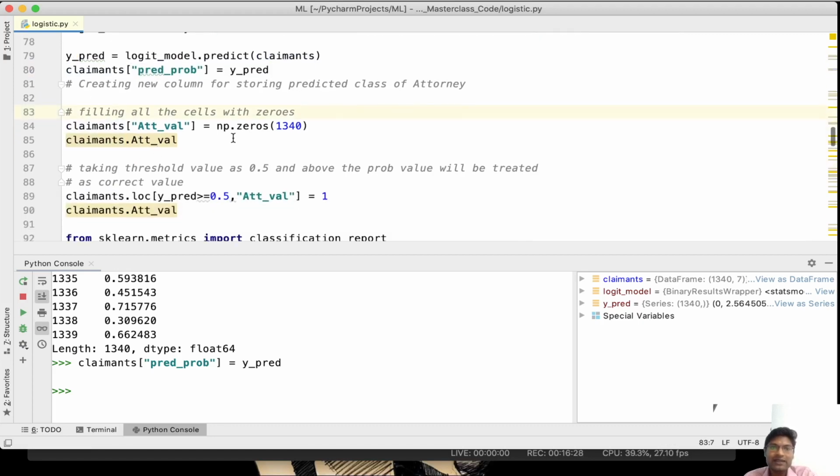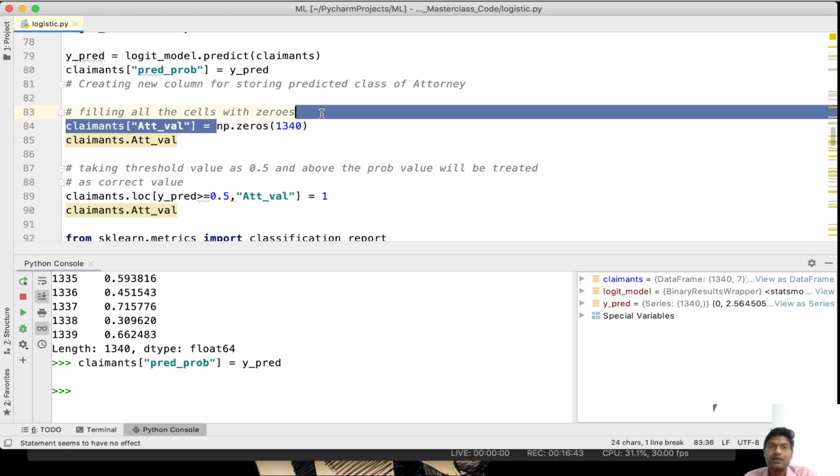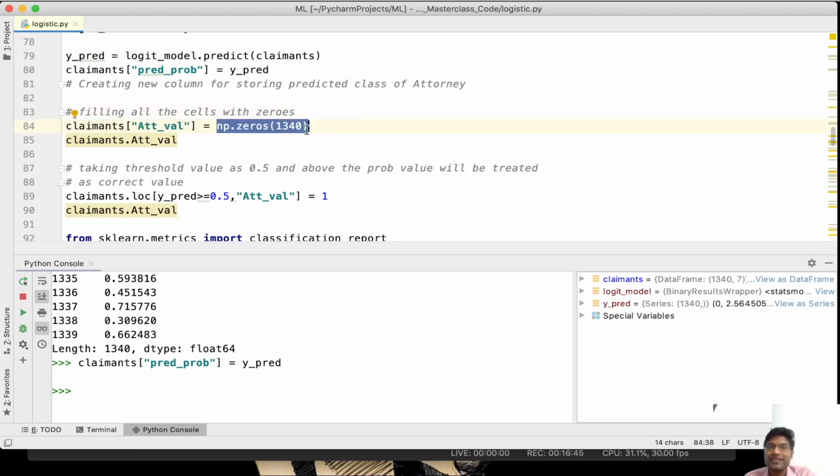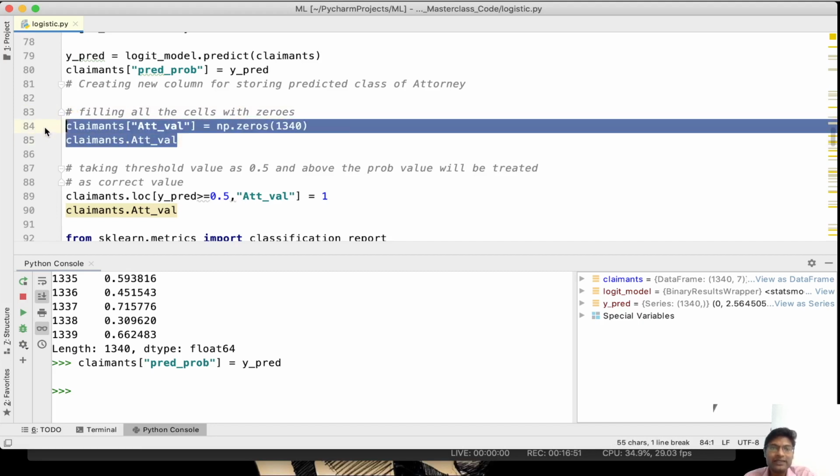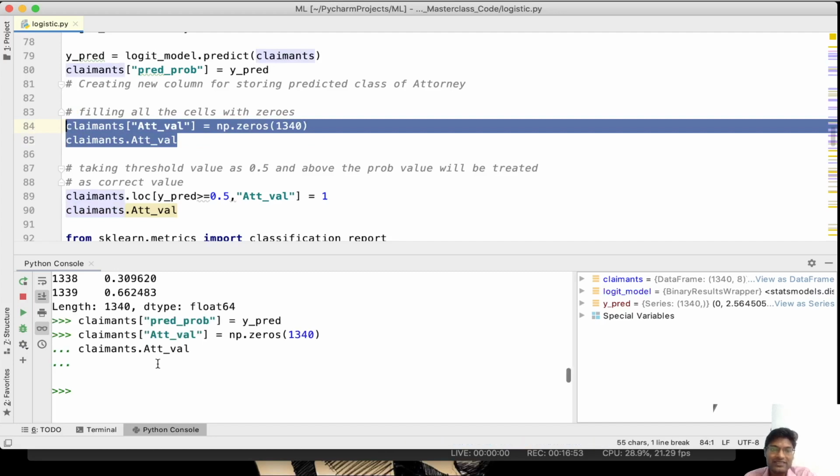Then I am also creating one more column called attribute value. This is just a user defined name, any name we can keep here. So claimants of attribute value equal to np.zeros 1340. This will create a numpy array of 1340 zeros, and all these zeros I am going to assign to this newly created column inside this data frame.